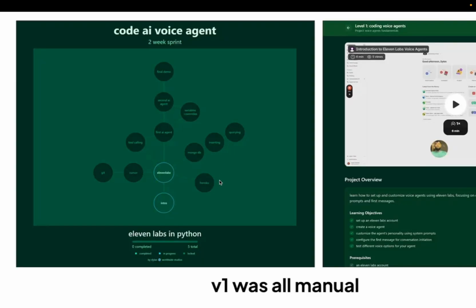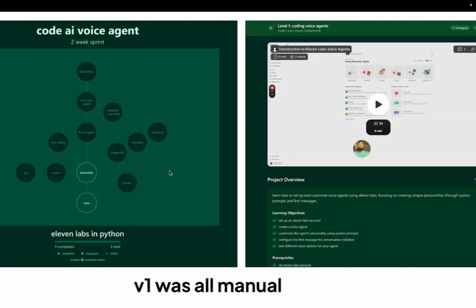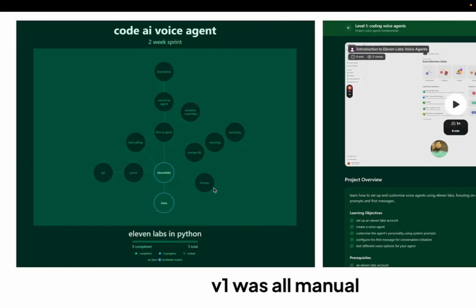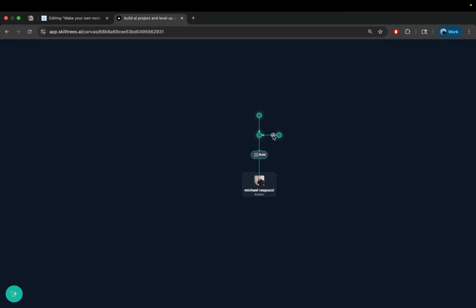V1 of the skill tree was all manually made. We had manual skill trees for projects and these nodes with specific guides where we would record the video and write out the content there. For V2, we wanted to figure out a way to make this more dynamic so anyone can make their own